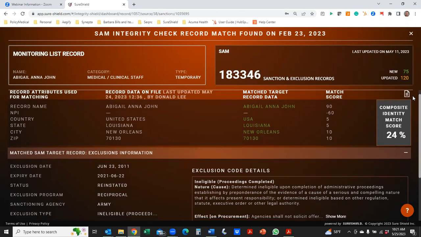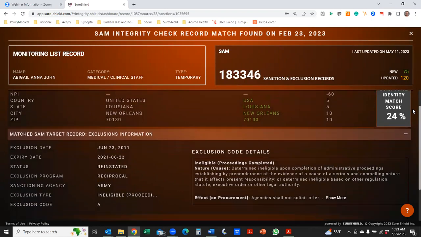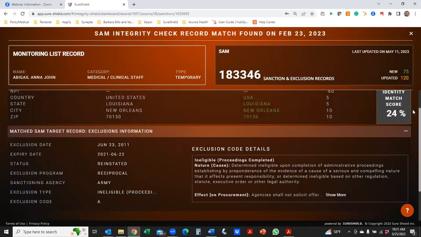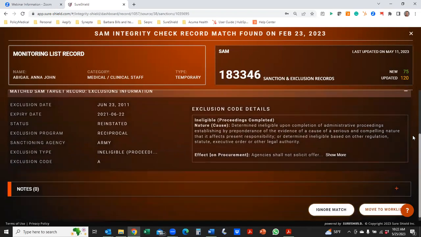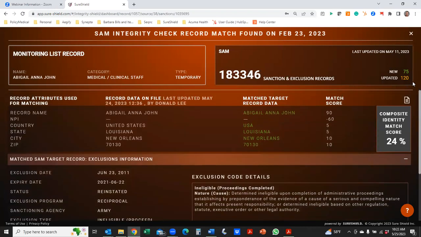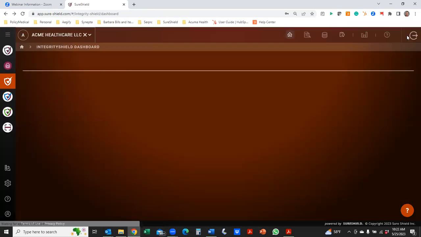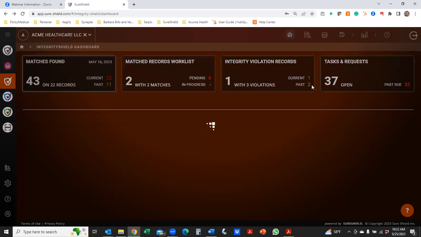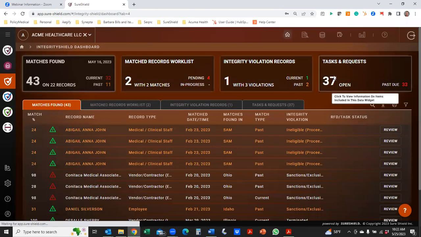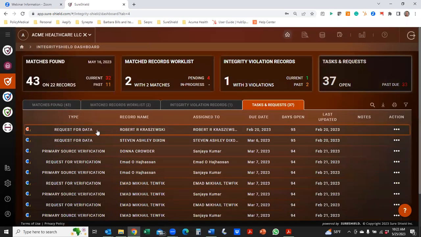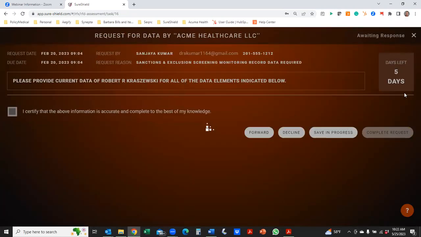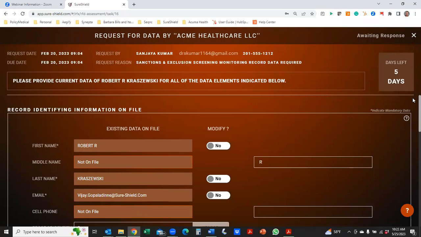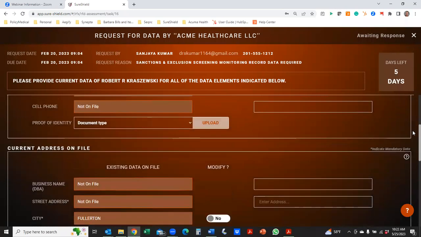So oftentimes, like we said, you may have somebody within your own ecosystem that is fine one day and they show up on the exclusion list the next day. Again, within here, as you go into things like your task and request records, you can look and see all the different items, the different tasks, and all the different processes that have been run on this individual as well.